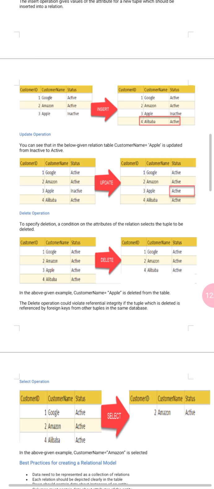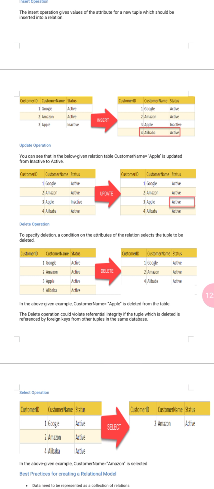Here, observe the table. What is there? First column is for customer ID, second is for customer name, third is status. This is the information present currently. For customer ID 1, the customer name is Google. For customer ID 2, the customer name is Amazon, and third one is Apple, and in front of them their status, active or inactive.